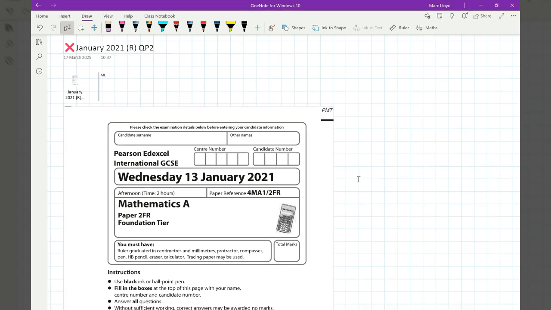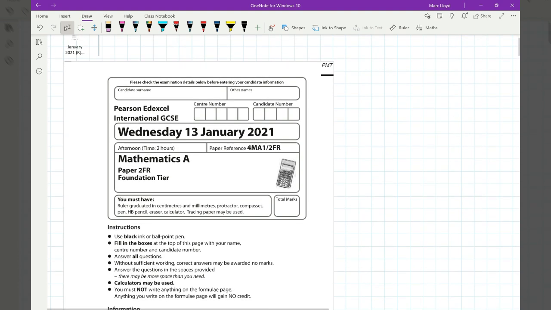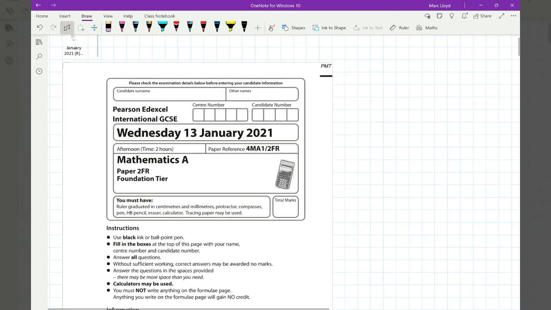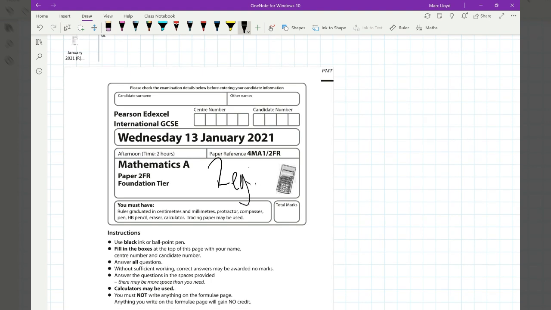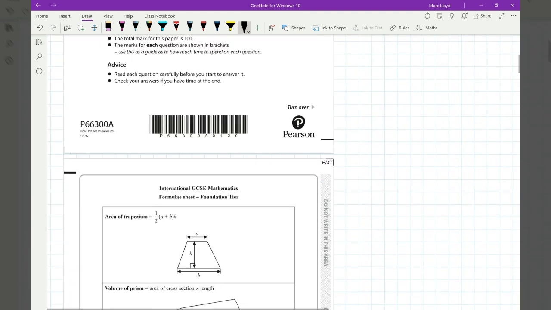This is again Project Crossover, where we're looking at questions that appear on the higher and on the foundation. We are on paper 2 for January 2021, and this is the regional paper. Okay, hopefully my writing will be a little bit better than that as we go through. Okay, scrolling down,